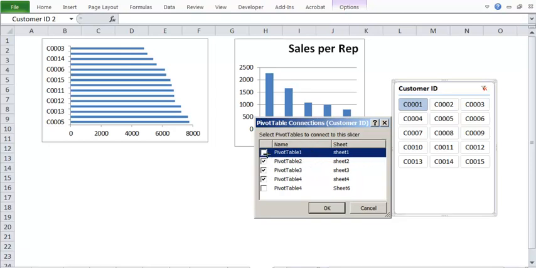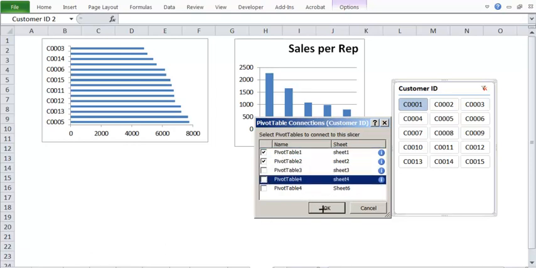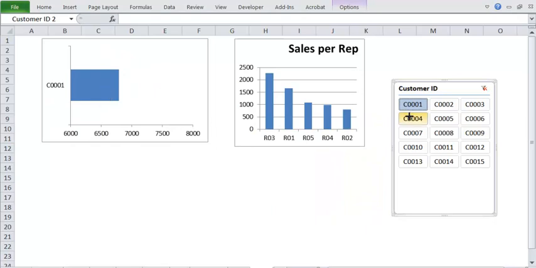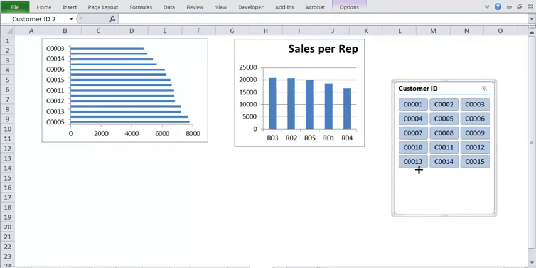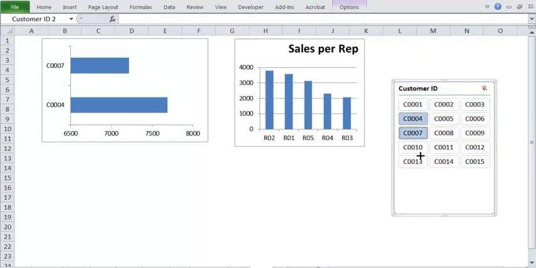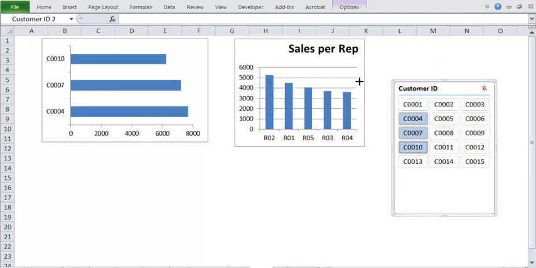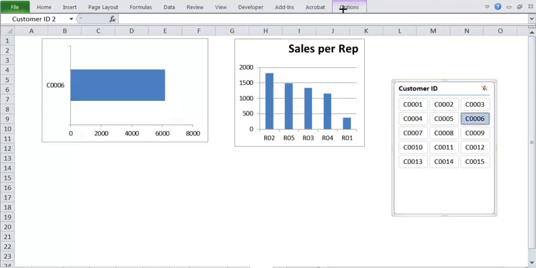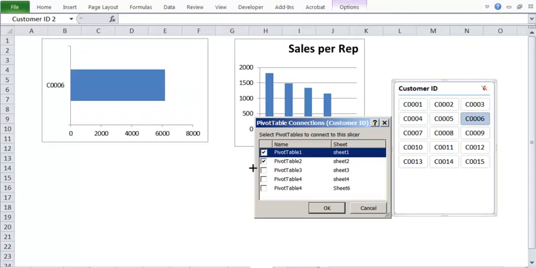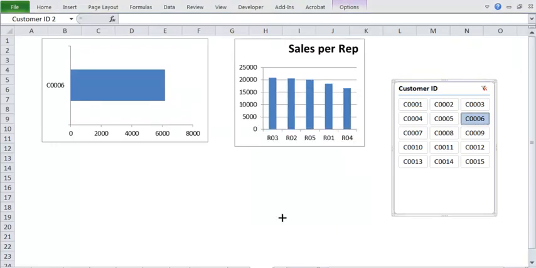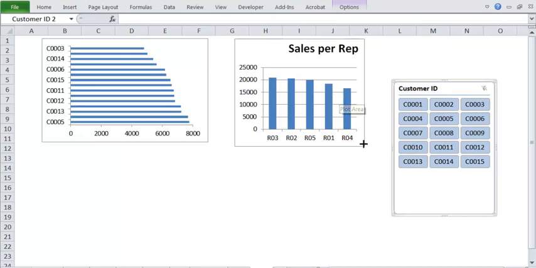See, note that as of now this slicer is not connected to pivot table 1. See, this pivot table 1 is the one which is in sheet 1. So I will select it. So you find that only customer 1 is there. See, you can select or you can delete, all the customers are coming. See, customer number 4, 7, now both are changing. But if you want to make this not change, what you do is you again go to slicer, option, pivot table connection, and you remove the pivot table 2. Okay, so you'll find that this slicer will not change now. It is not dependent on the slicer now. So that is the way.